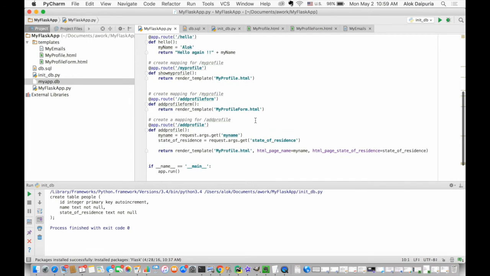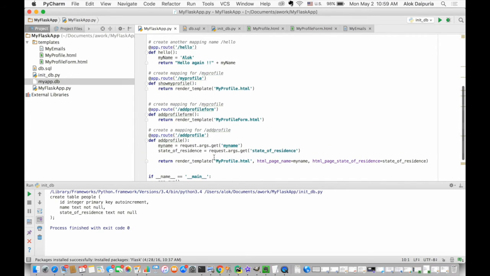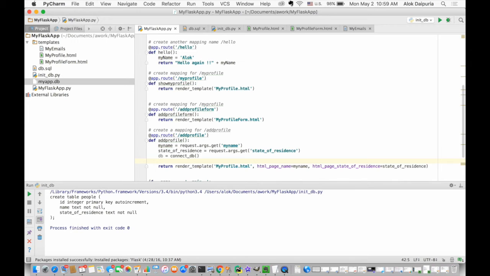So let's go back to our add profile where we are reading the form variables. We'll get the connect DB, the connection handle. Let's create a SQL. SQL equals insert into people. That was a table name we created. We are saying what do we want to insert? Name, state of residence, values,